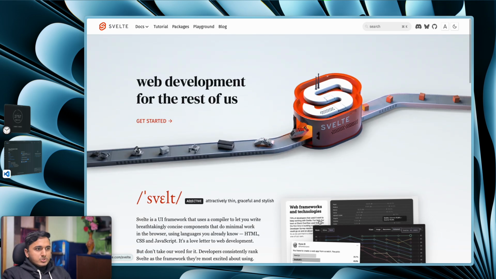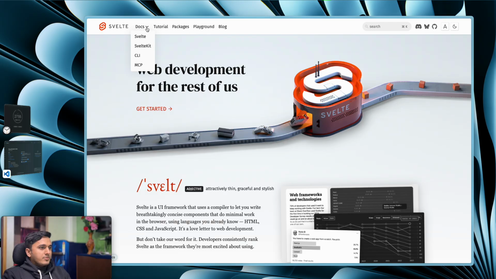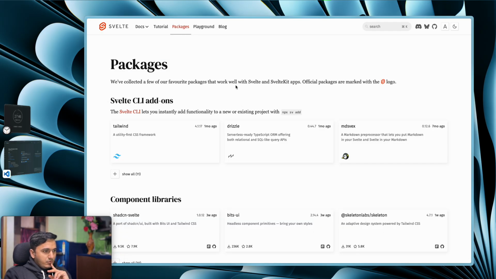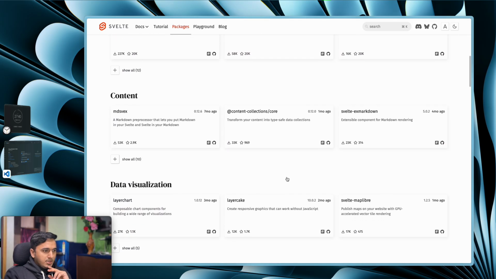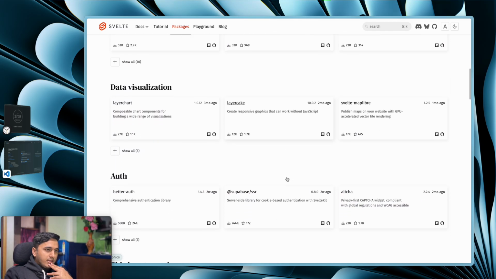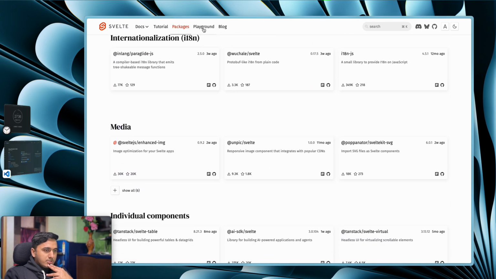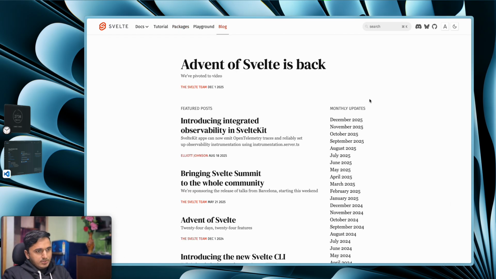Svelte is free and open source. So let's see. There is Svelte, SvelteKit, CLI, MCP. There are some tutorials, packages, playground, and blog. Packages, if we see, they are shipping packages for Drizzle, Tailwind, and different component libraries. I guess they are trying to create an ecosystem of it. And if we see in blogs,